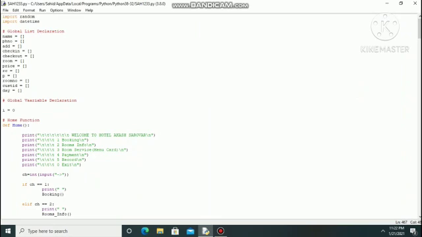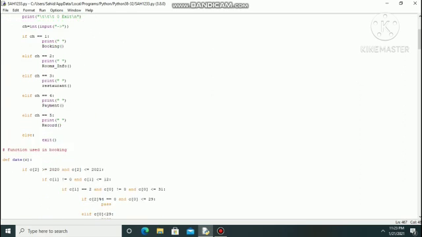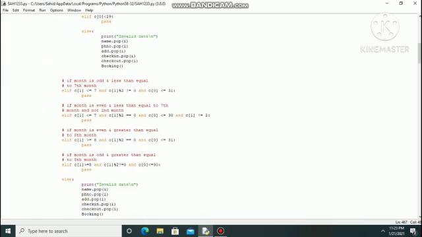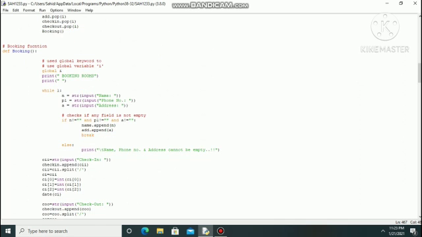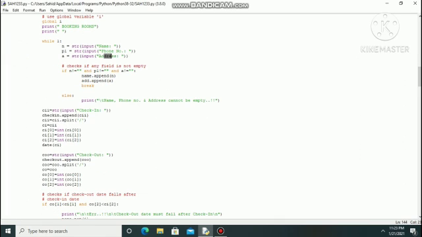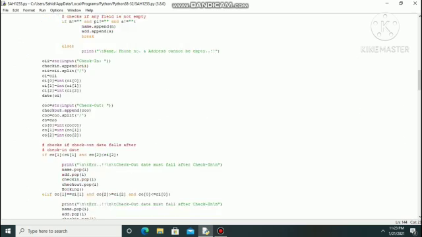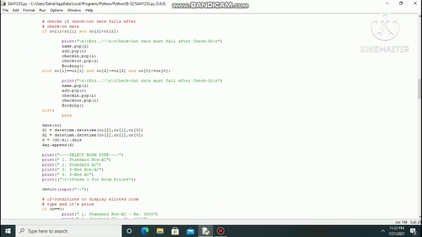Today my Python program is based on hotel management. The topic is hotel management. For hotel booking we mainly use the following things, that is booking, room info, payment, etc. So for booking, the user has to give certain things, that is name, phone number, address, check-in date and check-out date.